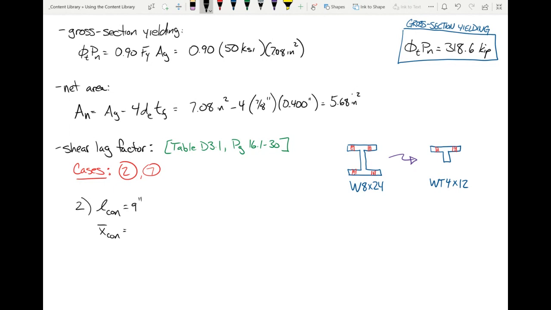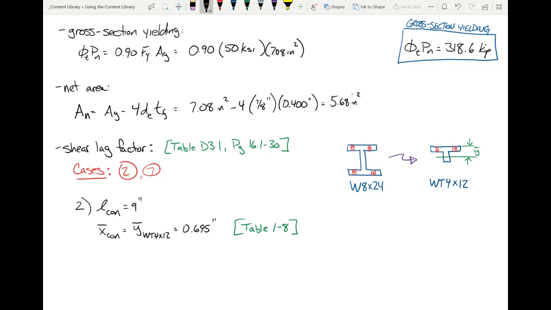for a WT 4 by 12, and what we're interested in is the distance from the connected face to the centroid. That's what we're interested in. And for a WT shape, that's actually Y bar. So in this specific instance, you look up the Y bar for a WT 4 by 12. So what is the Y bar for a WT 4 by 12? And I'll tell you, you're going to be in table 1-8. Okay, so 0.695